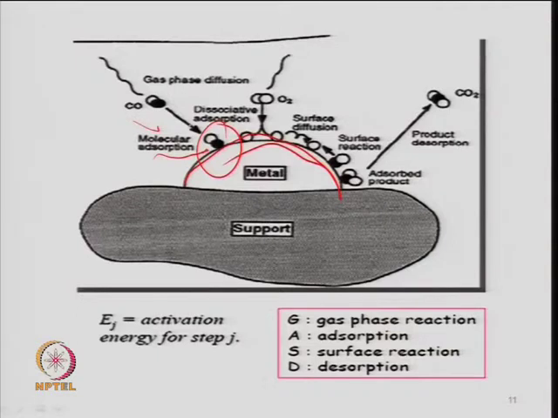If it is dissociative, carbon monoxide will split first into carbon and oxygen, and then they adsorb, just like in the case of oxygen shown here. Oxygen is split into two, one oxygen here and one oxygen here, splitting on the surface. In terms of sites, it is covering two active sites. And then they are migrating onto the surface, because to have catalytic activity, these molecules have to be mobile on the surface. This is because of the surface diffusion phenomenon, and then the chemical reaction at the surface occurs, the product forms and then desorbs.